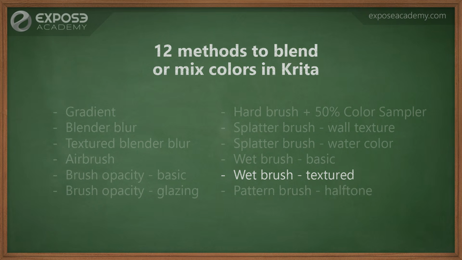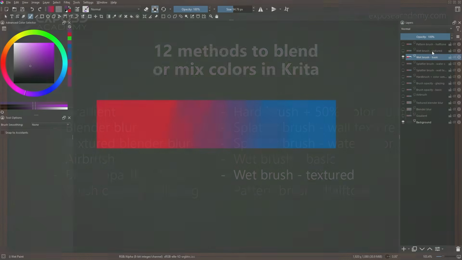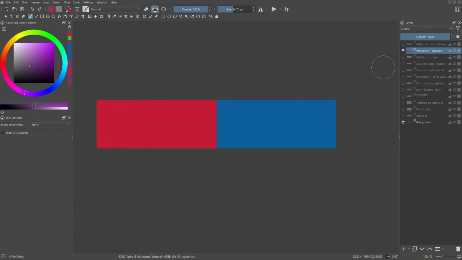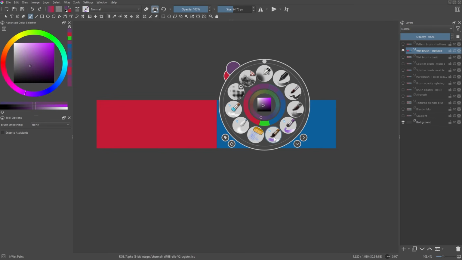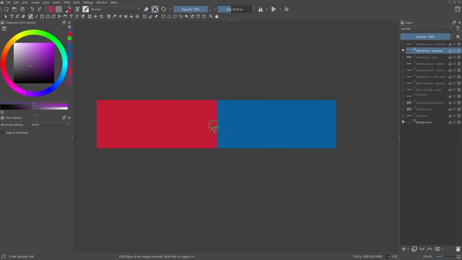The next technique uses the wet brush type also. However, with a more natural brush tip or one that looks more like a real-world brush. To use it is also the same as before. Use only light pen pressure when applying the brush strokes. Because if we press the pen too hard, it will just overwrite the previous color. If you notice, due to the characteristic of the brush tip, the color transition has a more hand-painted look to it.